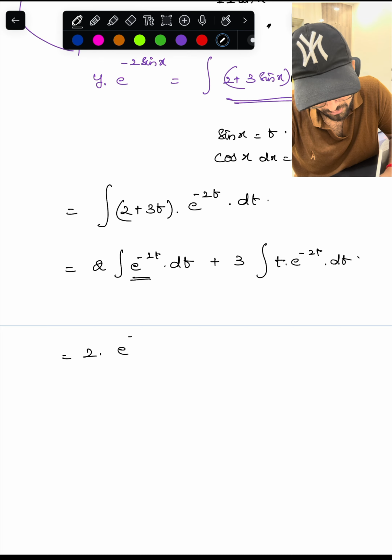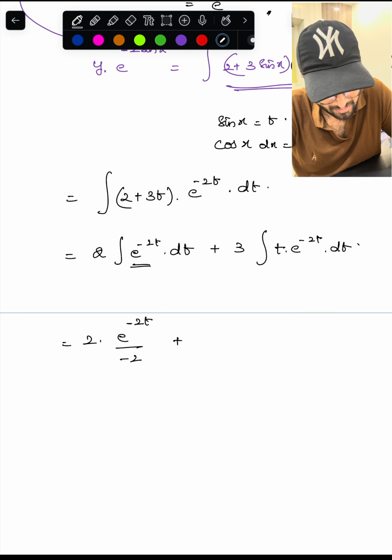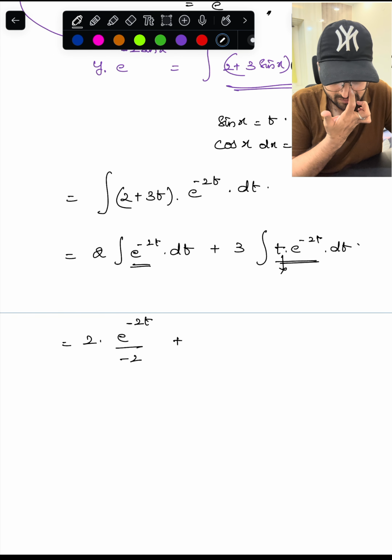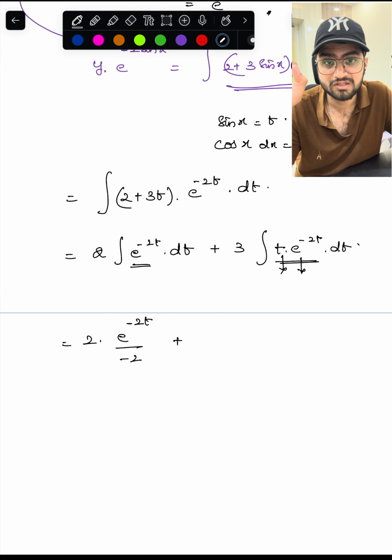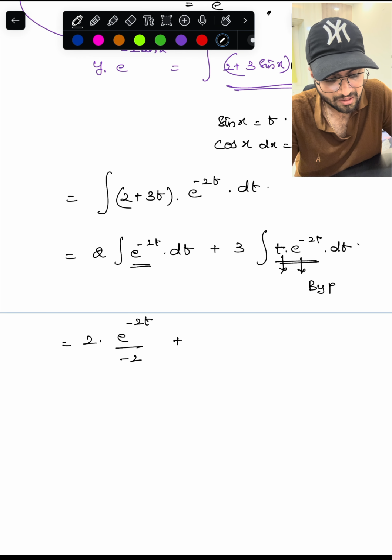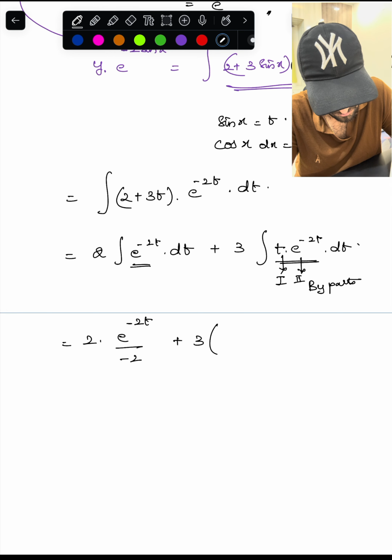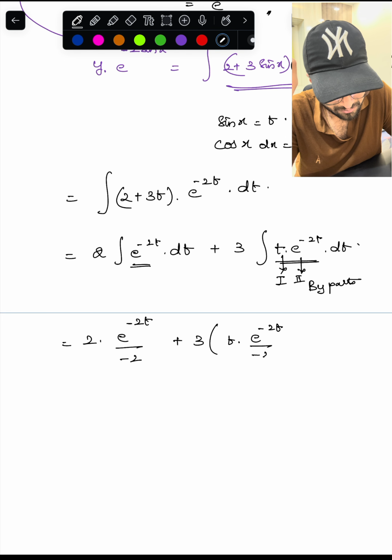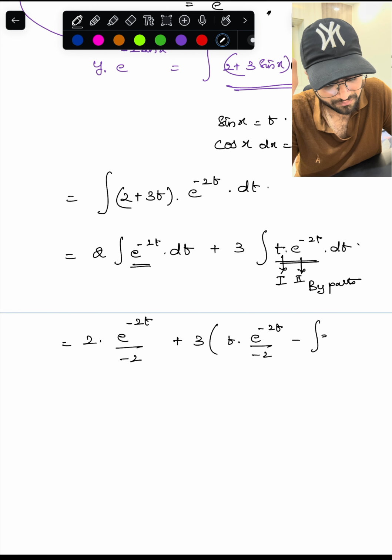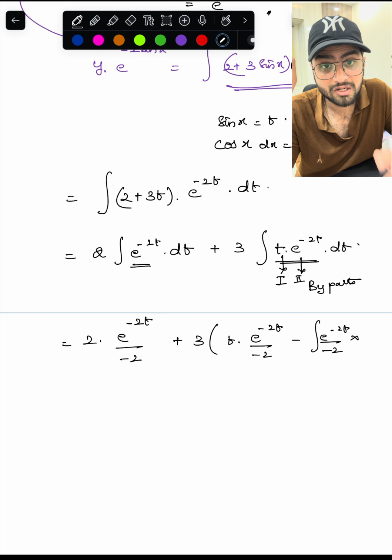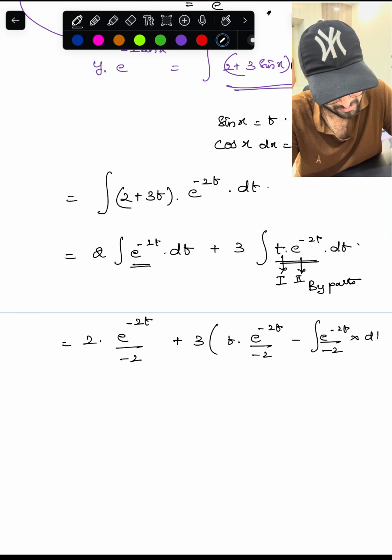What is the integration? e power minus 2t by minus 2, right? Plus, again here, you can see the algebraic form and exponential form, two dissimilar functions are there. We need to use integration by parts. This is our first function, this is our second function. Now the first part of the by parts is t into e power minus 2t by minus 2, minus the integral of e power minus 2t by minus 2 into the differentiation of t, which is 1, dt,